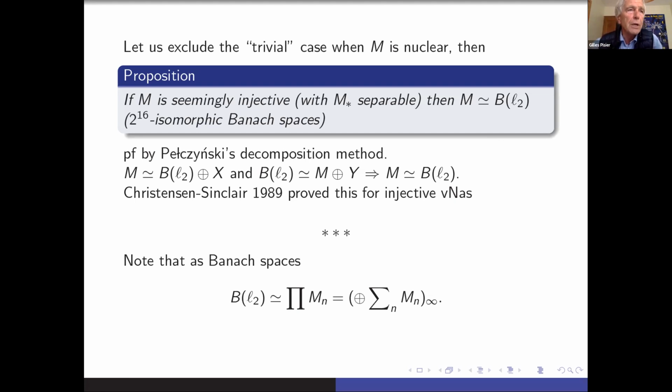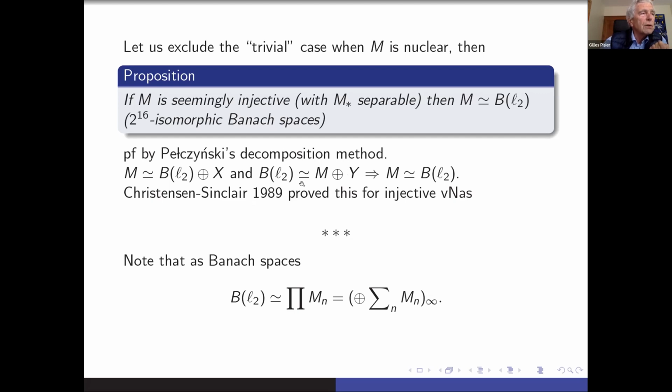This proposition holds for trivial reasons, because there is an argument due to Pełczyński, which is called the Pełczyński decomposition method in Banach space theory, and it says that when you have two Banach spaces and each one is complemented in the other, and also some extra condition, which here is satisfied by B of L2, because B of L2 is a nice enough space, then you conclude that actually they must be isomorphic. And so it applies here, and it tells us the result that M is isomorphic to B of L2,